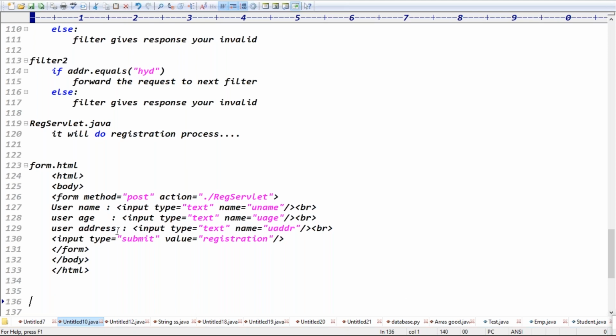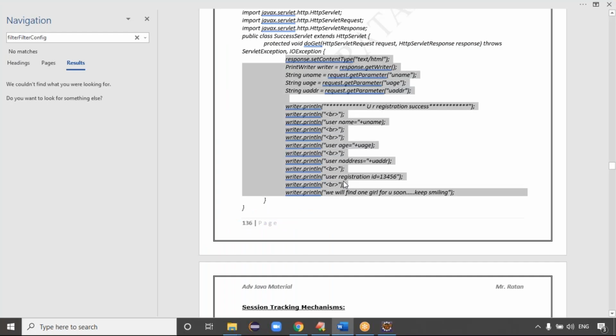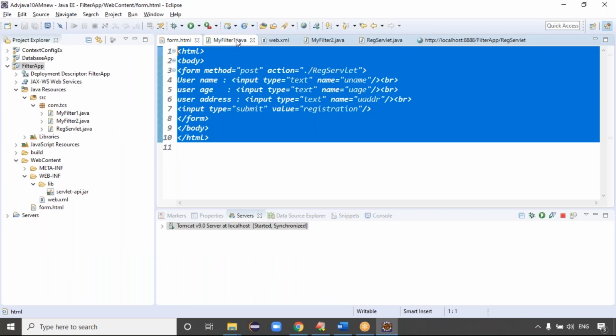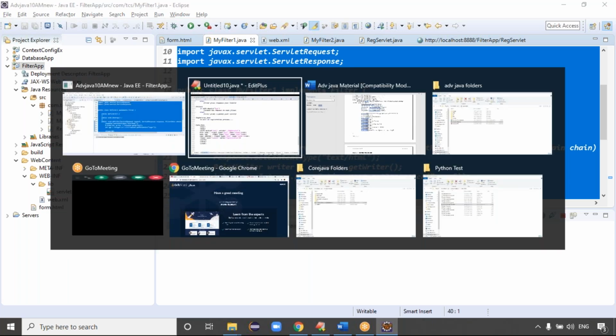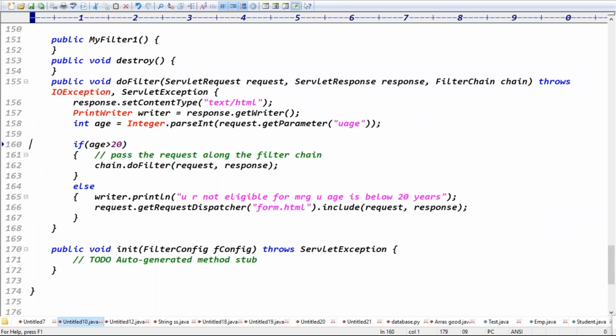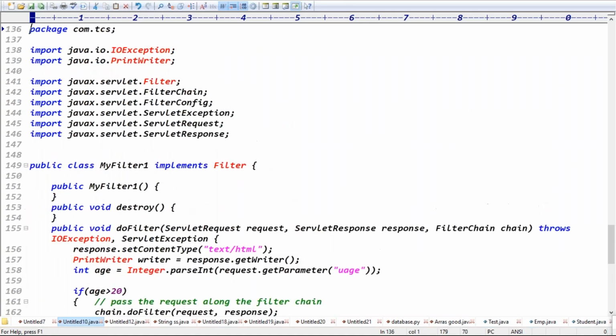And moreover, the Spring framework is internally implemented in such a way that it uses filters to perform its operations. It means the framework authors themselves use filters internally. When you develop a product or design an application, and you have encryption logic or decryption logic, you will definitely use the filter concept. Is it clear? This is the form.html file, guys. Next is the filter one logic. The response goes back from the filter.